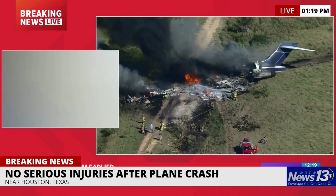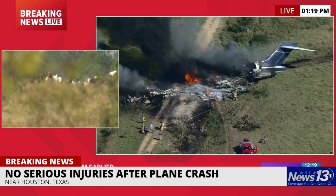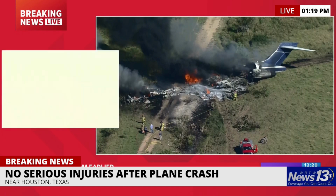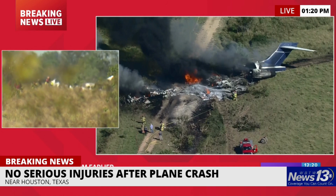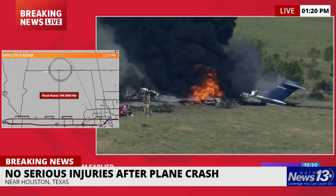They say that this area is a heavily brushed area, so those passengers had to get out and of course make their way as far as possible from that plane crash. So we do not know if they received any kind of cuts from the brush, stuff like that, but of course they are being treated here at the scene as well as at the hospital, those 2 people that were transported. We do know that everyone is back at the Houston Executive Airport, and that's where they are right now,